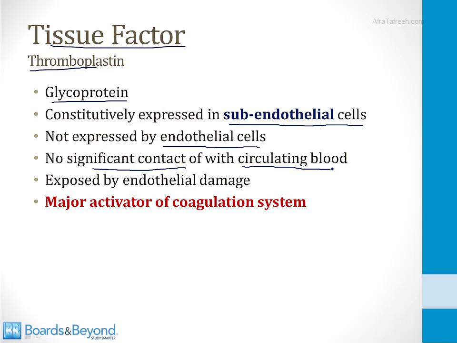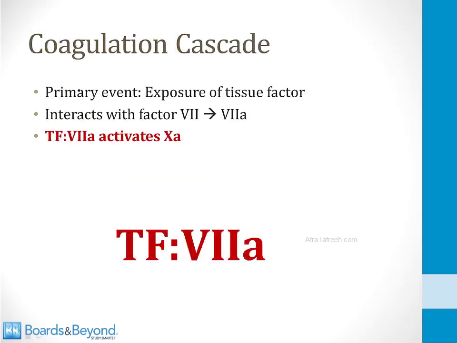However, when there is endothelial damage, tissue factor becomes exposed, and this is the major activator of the coagulation system and the coagulation cascade. So the primary event when there is endothelial damage is exposure of tissue factor. Tissue factor will interact with factor 7 in the blood and convert it to factor 7A, and the tissue factor 7A complex will activate factor 10A. And remember what I told you before, once you activate factor 10A, that is going to lead to the formation